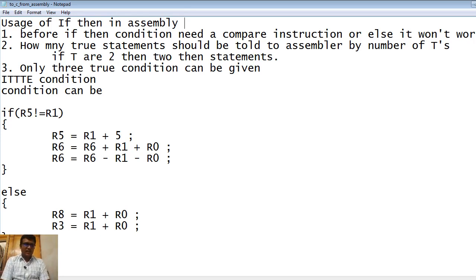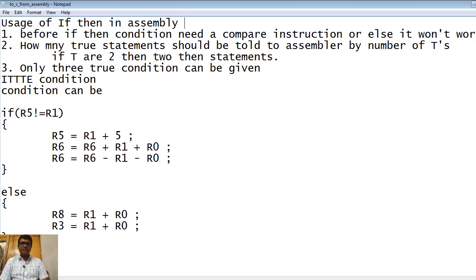What's going on? Today let us see the usage of an if then condition in assembly in an LPC 1768. So you know, if then means the same as in C, where you have an if and else condition. In order to have both checking conditions in the same manner, we have it in assembly as well. The name of that checking condition is if and then.